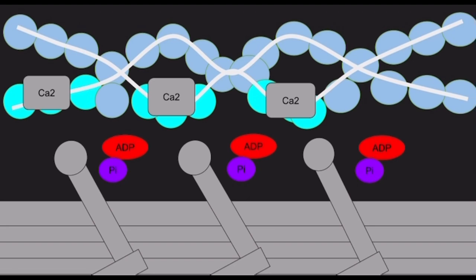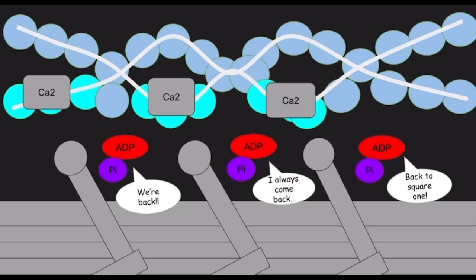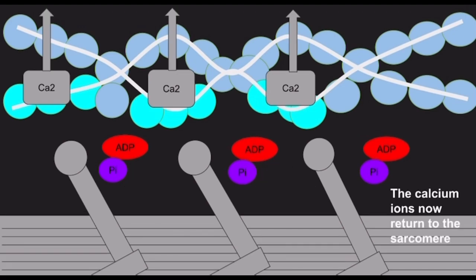the next cycle. Finally, the myosin heads resume their starting positions along the actin myofilament and can now start a new sequence of actin binding. The calcium ions now return to their storage sites at the sarcomere,